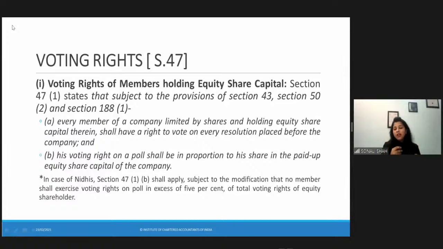So if you look at it from the definition point of view, preference shares carry a preferential right to payment of dividend and repayment of capital, right? Equity shares, all the other shares are called the equity shares, correct? Now, in case of preference shares, the dividend is paid on priority. So first the preference shareholders are paid the dividend, and if anything is left behind, it is divided amongst the equity shares. Secondly, in case of preference shares, the amount or the rate at which the dividend will be paid